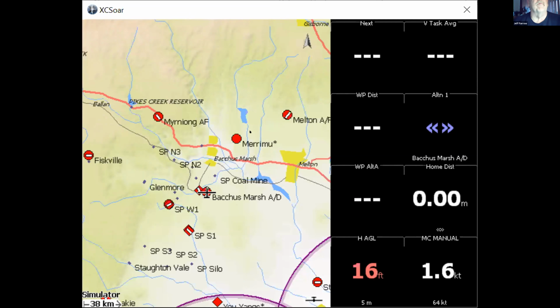And because we're not flying, I might actually leave this. I'll do it later on when we're actually going through a flight, going through the various waypoints, the various info boxes that we've got.